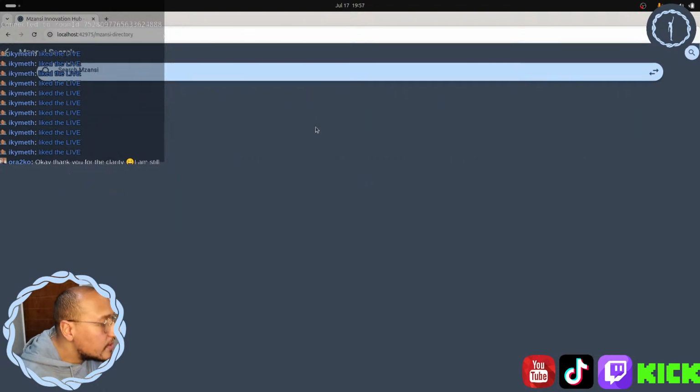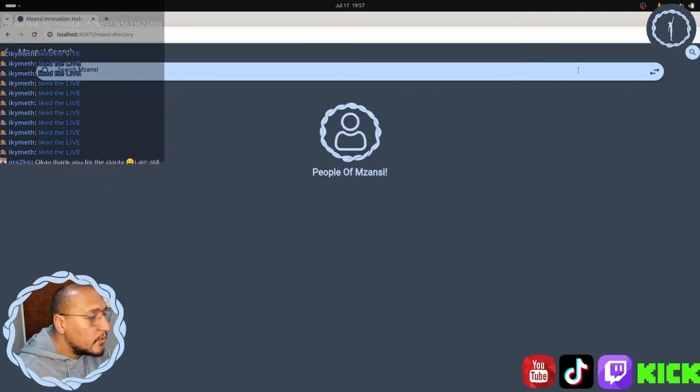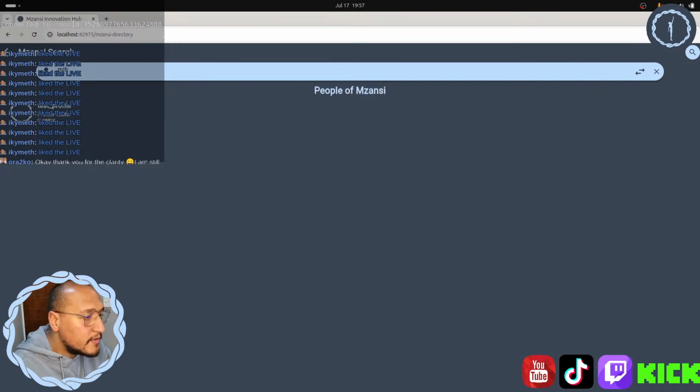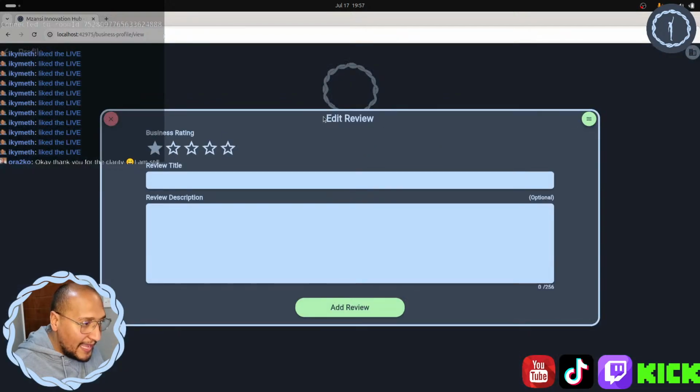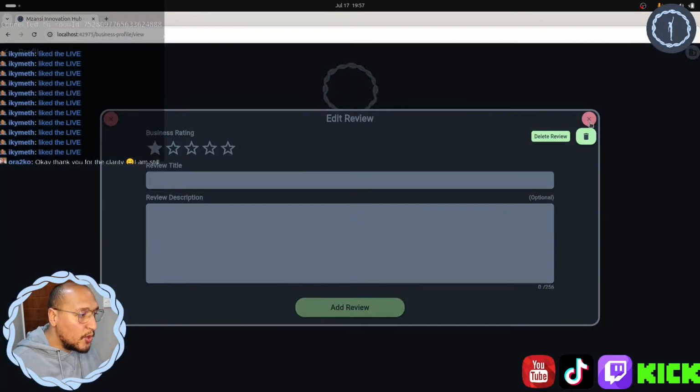Now if we go back into the Mzansi directory, we search for MIH, and then switch. Why am I using my trackpad? Switch and then go back in. Now we can see when it's in edit review mode, we have a menu option and we can delete, right?